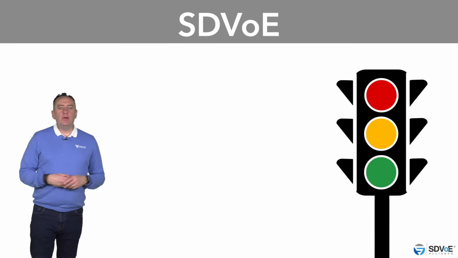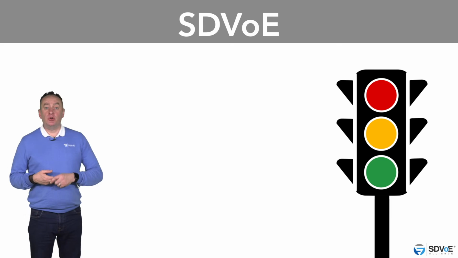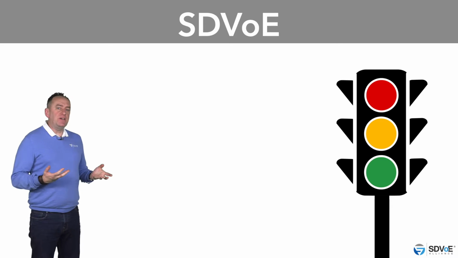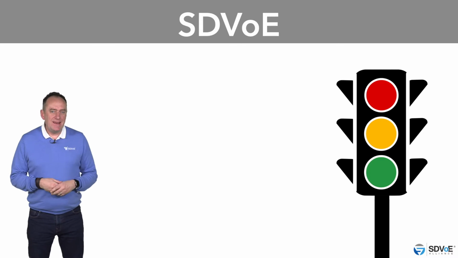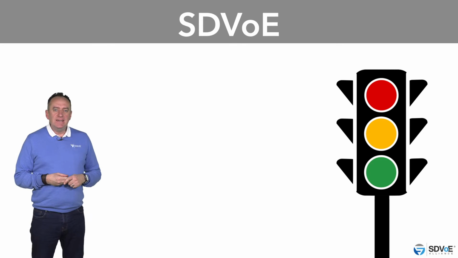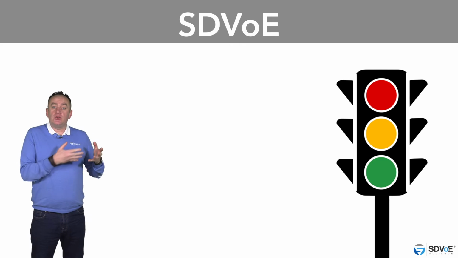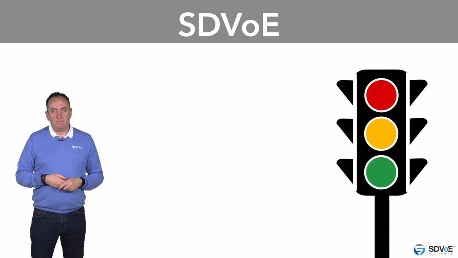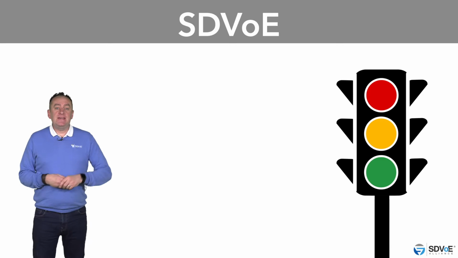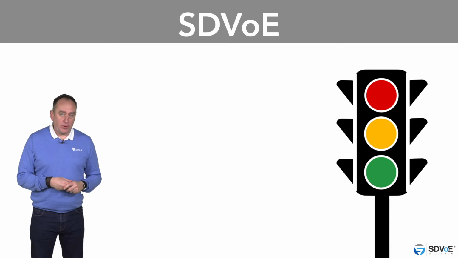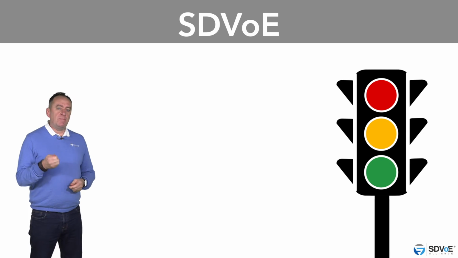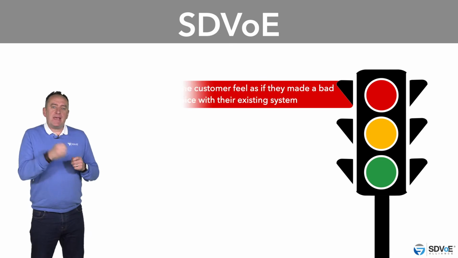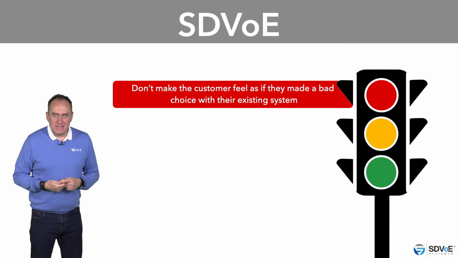So let's keep going with our traffic light system as we push forward. SDVoE technology provides matrix switch performance across an IP network, and it's highly likely if your customer already has video distribution in place, it will be a proprietary matrix switch based product. Alternatively, there may be an existing AV over IP product in place which doesn't support SDVoE technology. Remember, your job isn't to pick out all the bad points about their existing system.